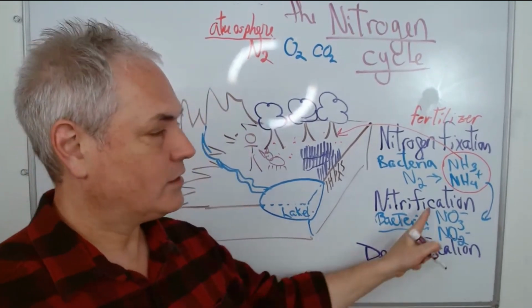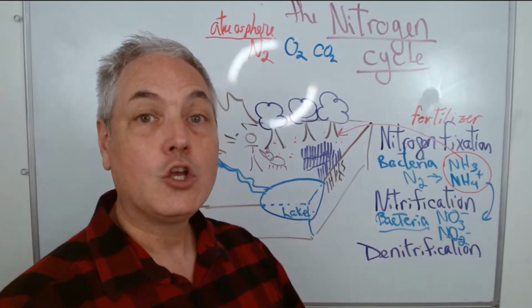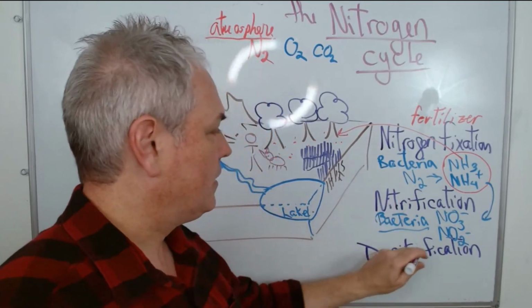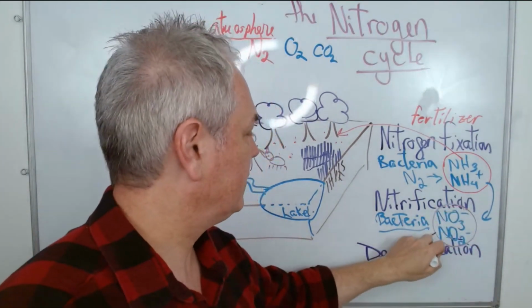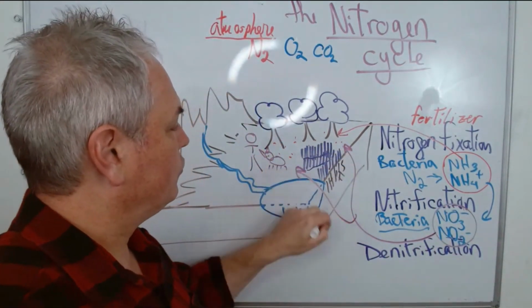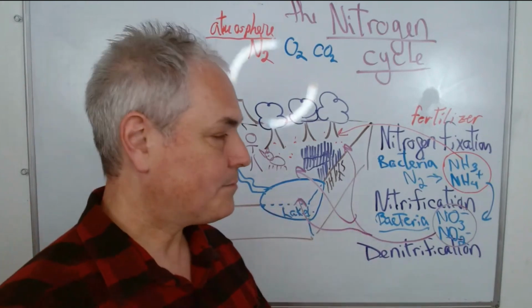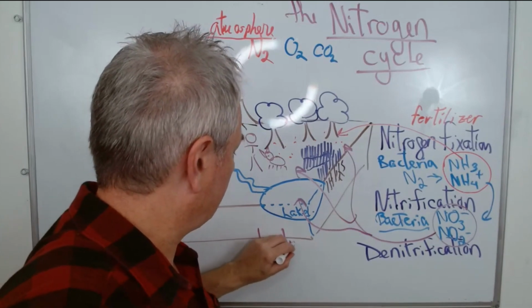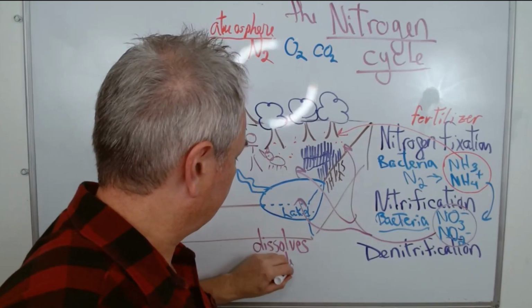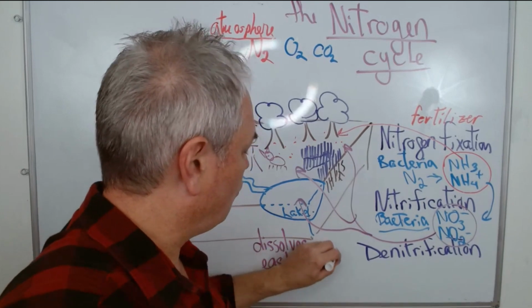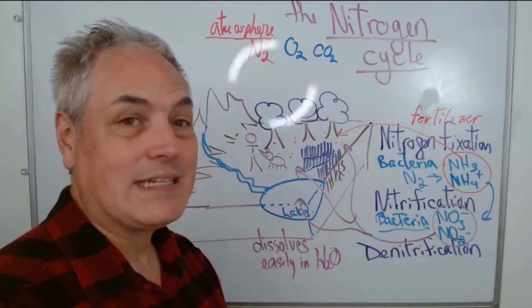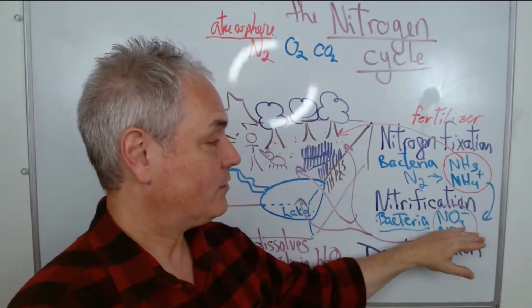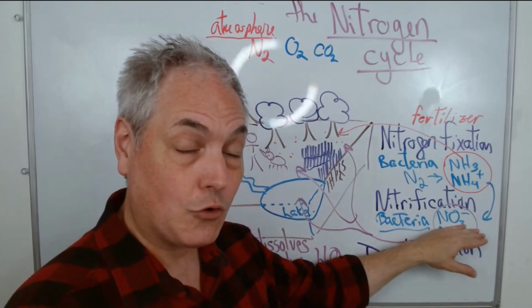Now, what's interesting with the nitrates and nitrites is that they are soluble in water. So they can, if you put it in water, they will dissolve nicely. So here we have these ones here, and here they will go into the ground, but also into the lake because they can be dissolved in water. Dissolves easily in water. And it's quite amazing because now we have new molecules and we need nitrates. We need nitrates as nutrients for our body.